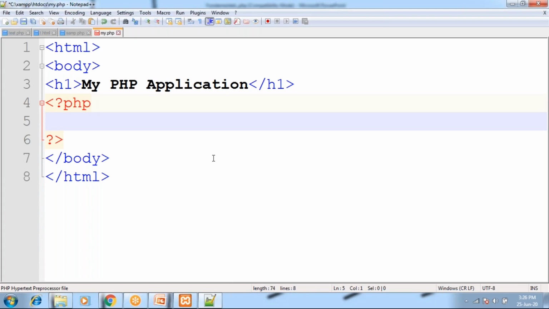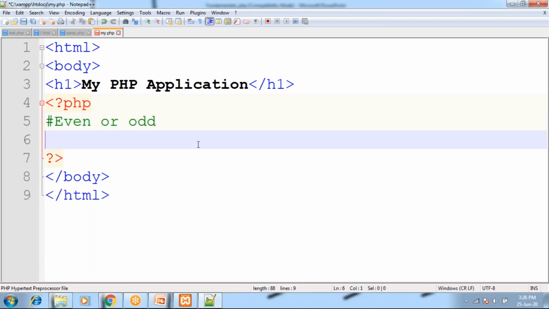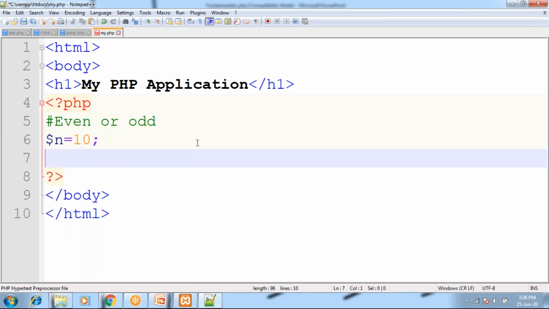We'll go with just basics, for example. If I want to test whether a given number is even or odd, my value is n, and I'm assigning it a static value 10, and I would like to test whether it is even or odd. We know that if it is an even number, it is going to be successfully divisible by 2. So that's why I'm testing this